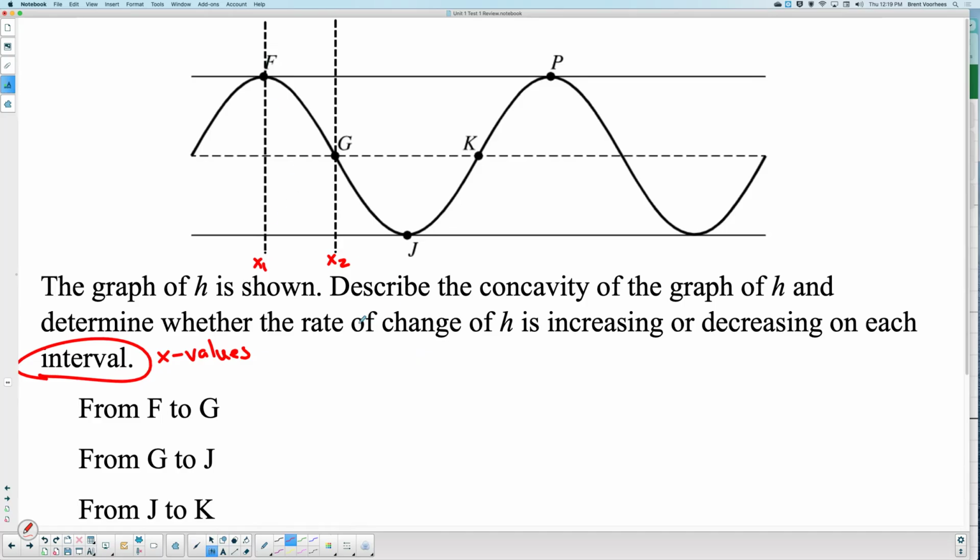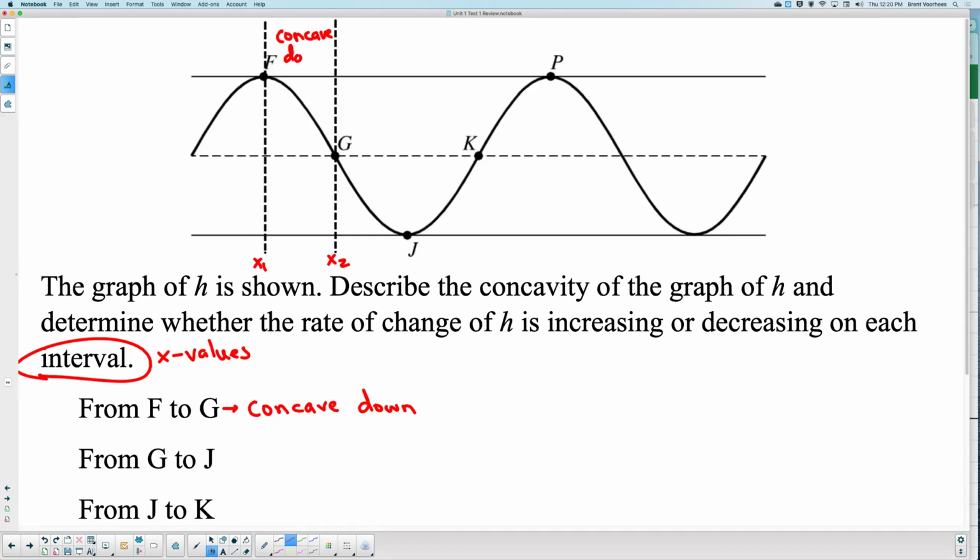On this interval, would this part be concave up or concave down? If you try to match it with your hand, would your hand be upside down to match that piece or right side up? Upside down. So what does that mean about that interval from F to G? Oh, we're just concave up or concave down. That's what we're doing with our hands there. It is concave down. We are concave down. If you are concave down in here,